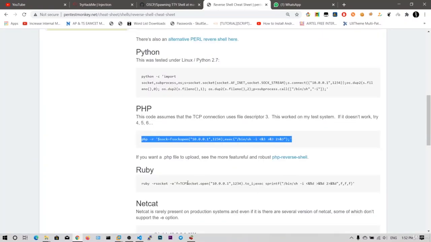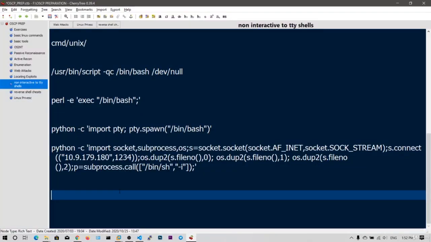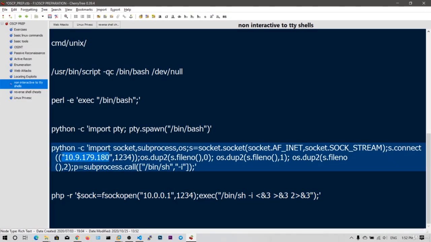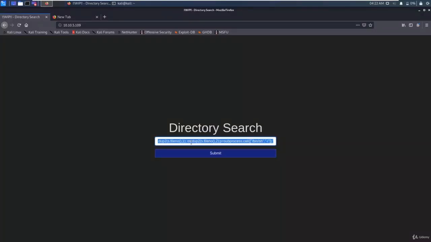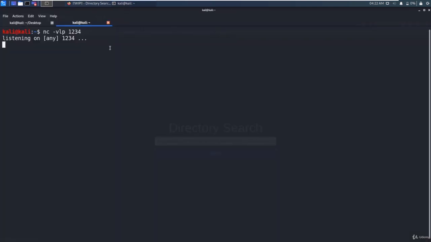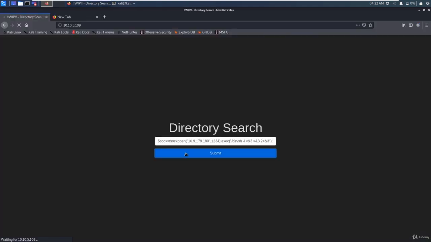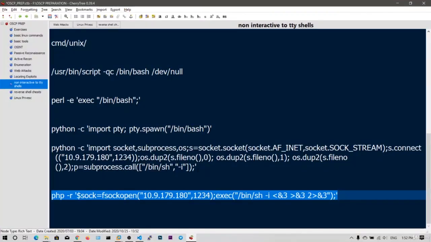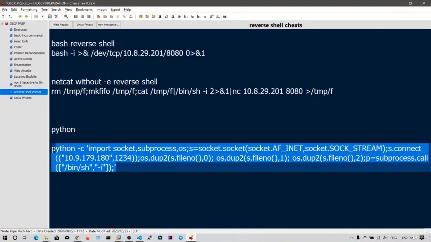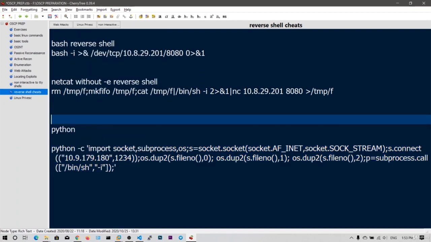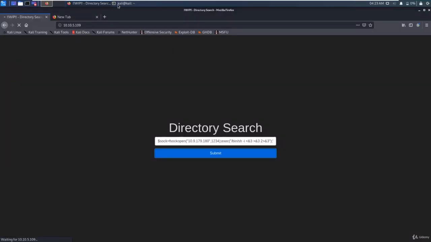Let's execute this PHP. Why is it not even getting the reverse shell? I don't understand anything.